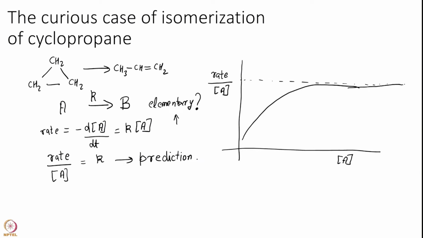So, at large concentration everything is good, but the hypothesis is clearly breaking down at low concentrations, and that led to a hot debate on what can be the mechanism. So, clearly my hypothesis is wrong, my hypothesis does not test with the experimental results. So, what I will just briefly describe is what was put forward by Lindemann and Christensen in 1920s as a way to resolve this problem.